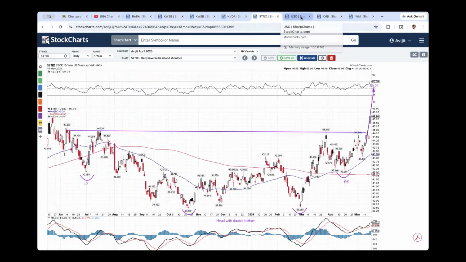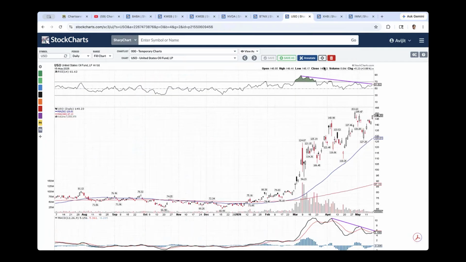Now, the key thing to watch out for in this process of the 10-year yield is that part of what's causing this inflation is definitely oil prices. And one part which the bulls might like, not the bulls on the oil market, but bulls on the stock market, may like the fact that oil prices might be sending a signal of topping out.